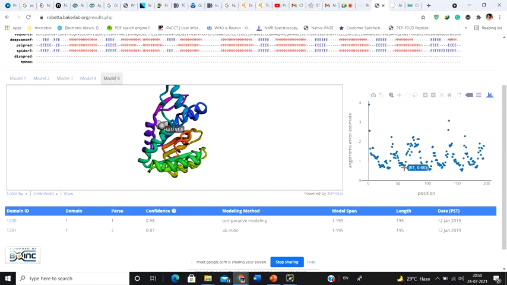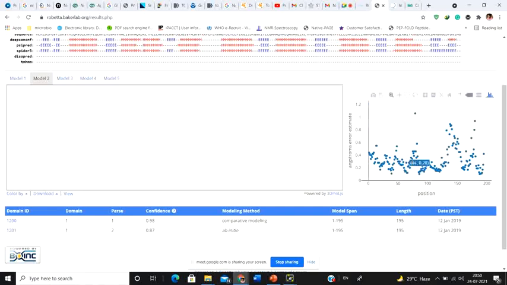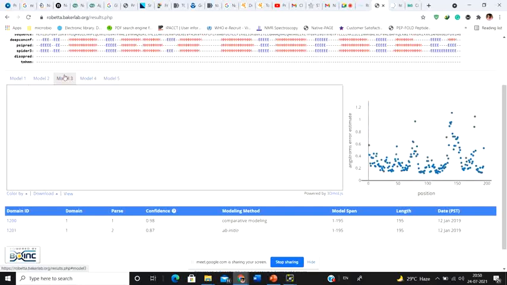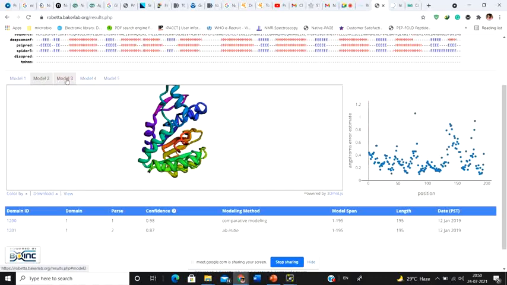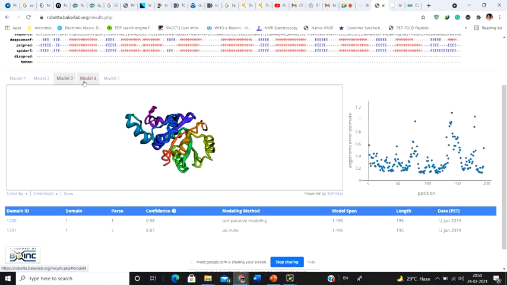That is why you have to analyze all these models and see the error rate. As we move through the models, the error rate is slowly increasing. See, model 4, model 5, the error rate is actually increasing, right?